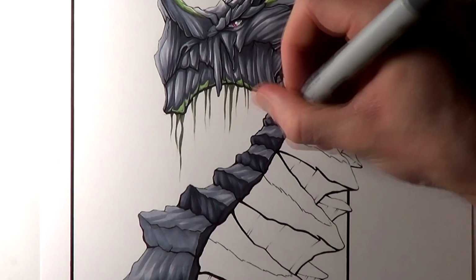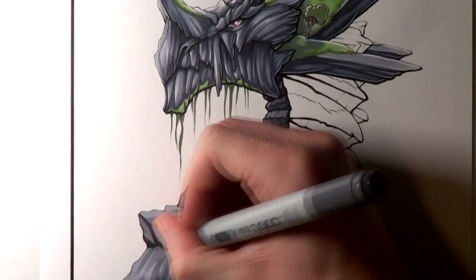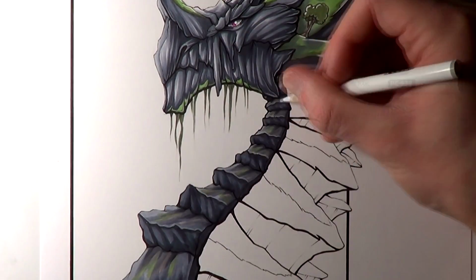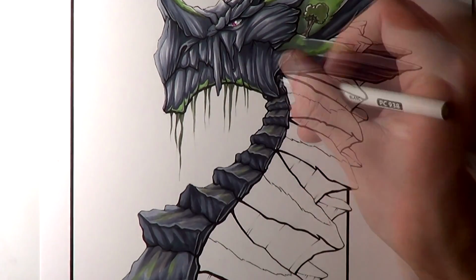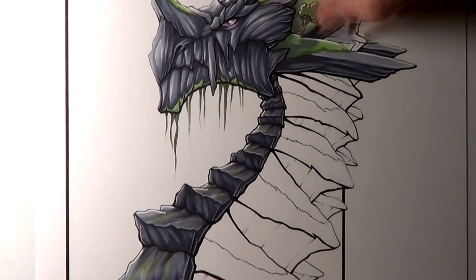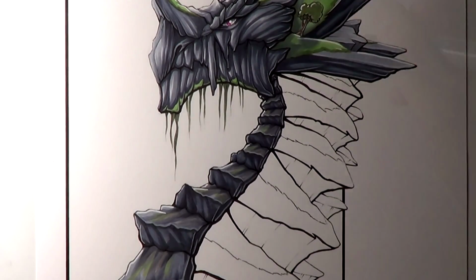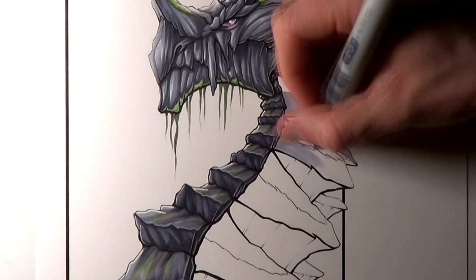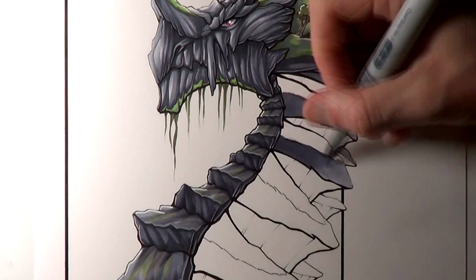After that, for the colouring of the rock formations on the back of the dragon's neck, I used a similar process that I did for the rock formations on the top of its head. Adding all of the base layers the same way as I did before, but then I started adding some darker shading over the top of that, even adding in some black Copic marker, and then blending that outwards and smoothing